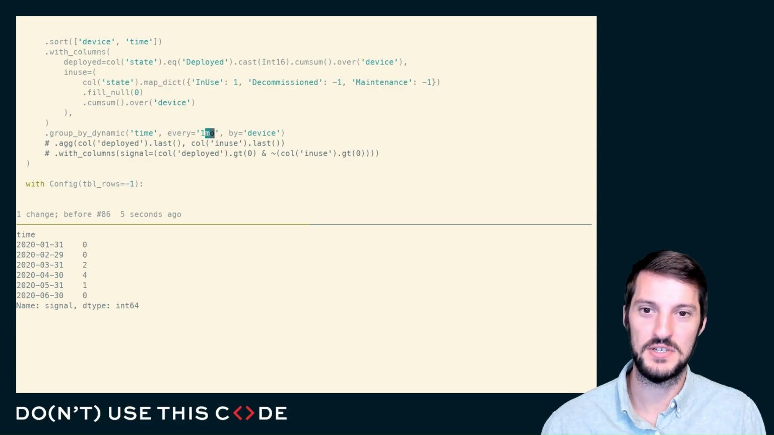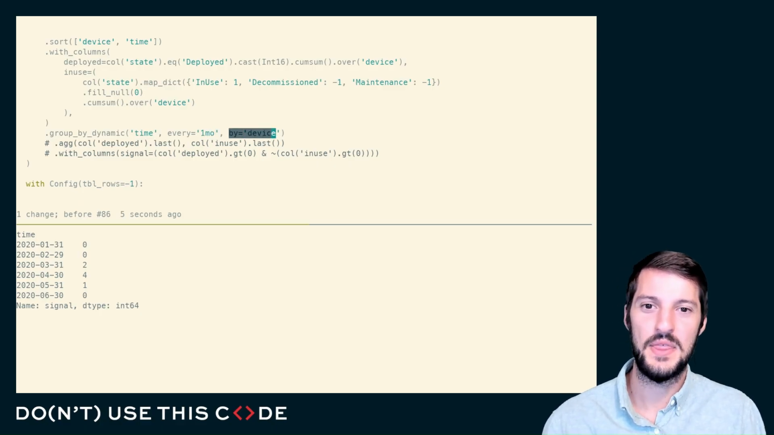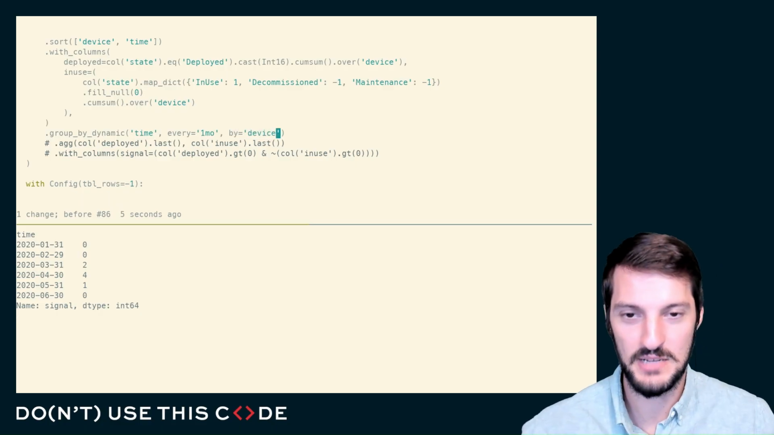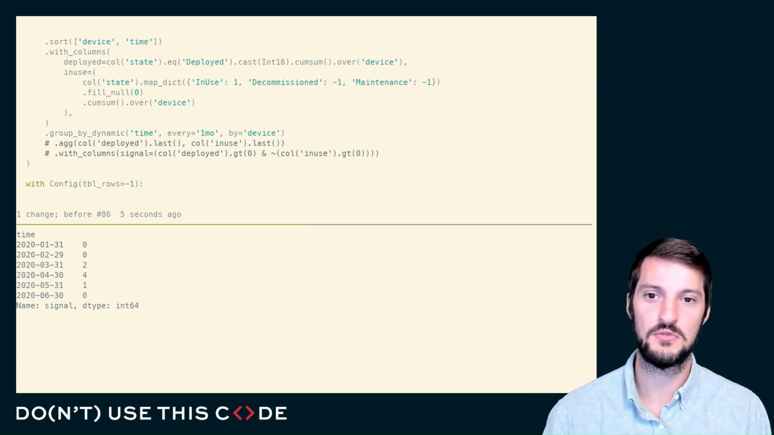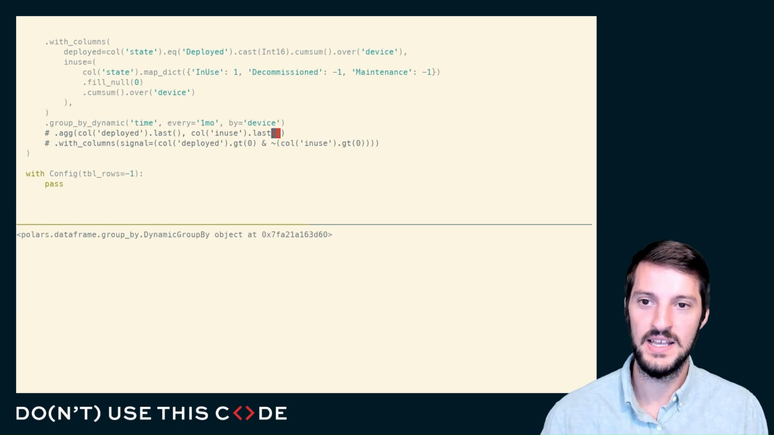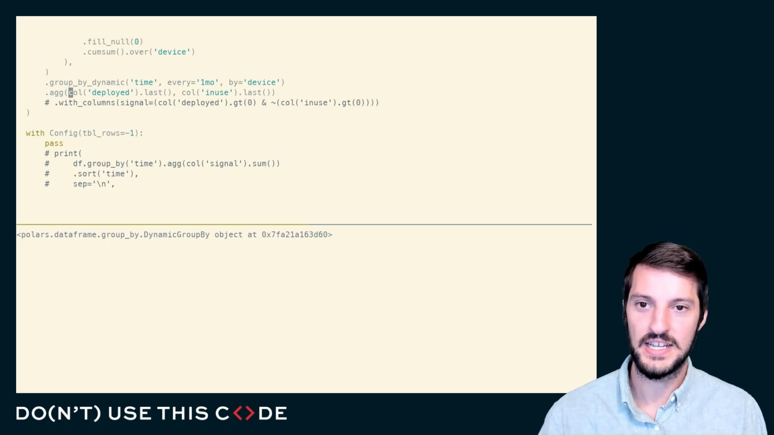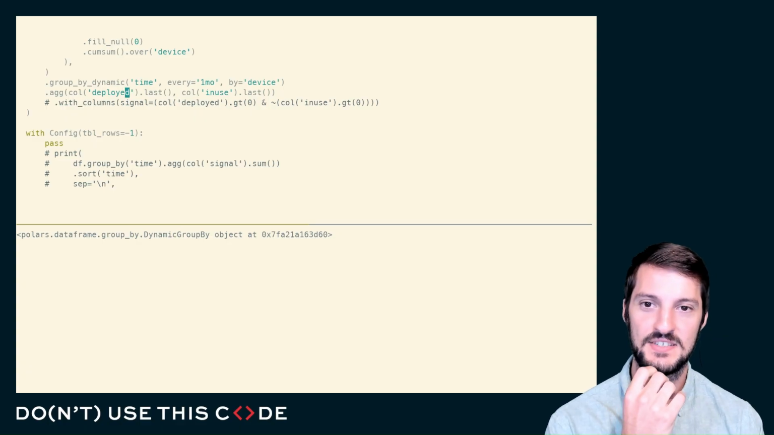That ambiguity gets de-ambiguized by Polars here. And then we pass in our by parameter. Now, we want to perform this dynamic group by on every single device, or within every single device. So we're going to be looking at 1 month within every single device based on my device and my time columns. Now, all that's left to do is I need to aggregate each of my deployed states and my in-use